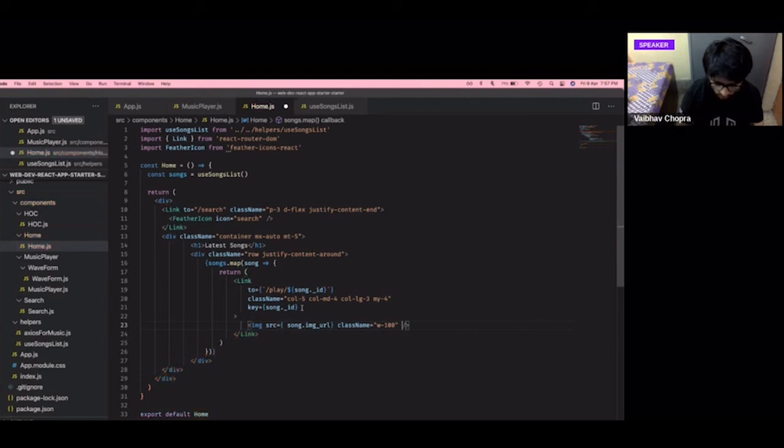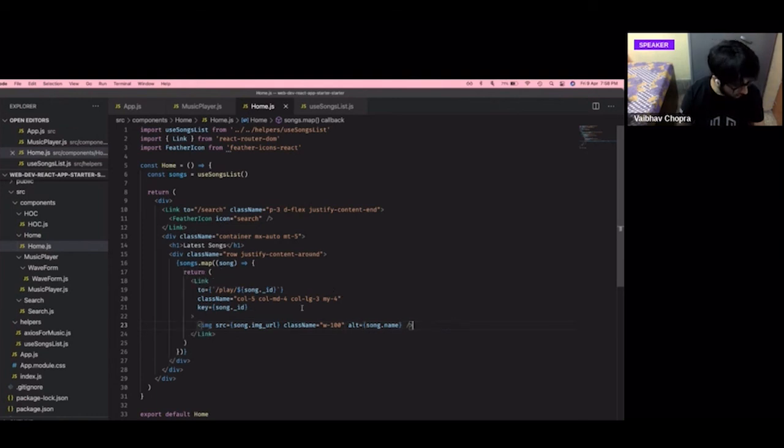Okay. So because image is a self-closing tag, you can close it like this. You don't have to do something like closing slash image, because that is not required. Okay. You don't need that. You can just close it like that. It's a self-closing tag. Otherwise, if you don't close it at all, then React will give you an error, because the JSX structure would break. The alt attribute is required for people with visual disabilities and all that, who can't actually see pictures that well. So instead of having them see this picture of the album art, I'll instead give the name of that song as an alternate attribute. Okay.